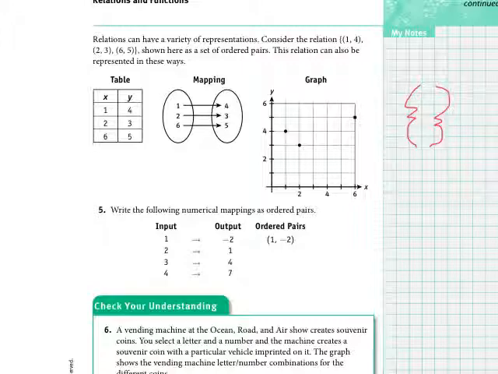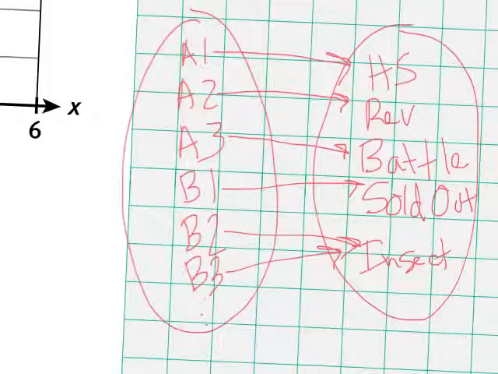I would like you to do 4A and B together with your partners. Go ahead. All right, guys, so you will notice on my mapping, I know it's not the most beautiful thing that you've ever seen in your life,